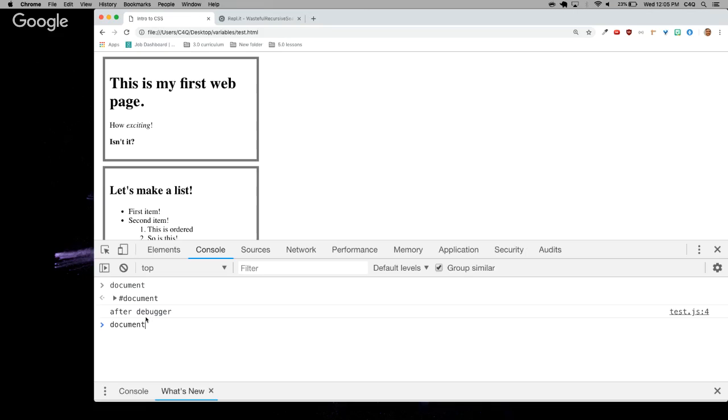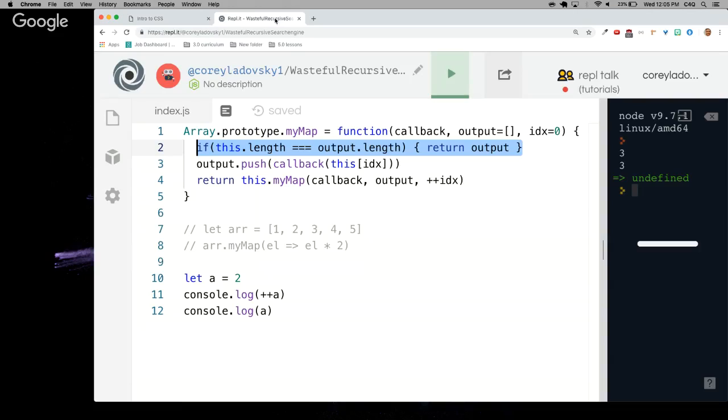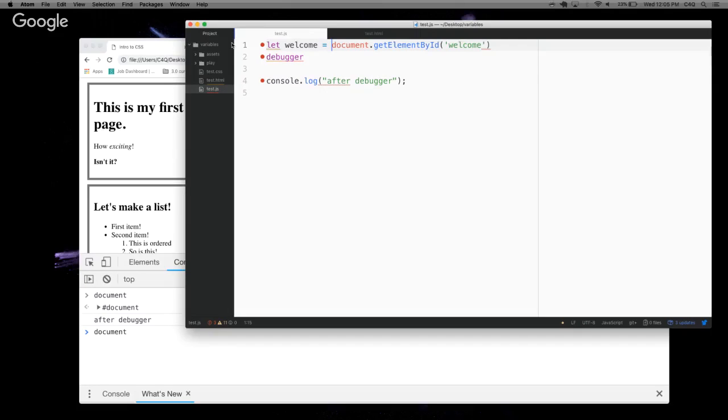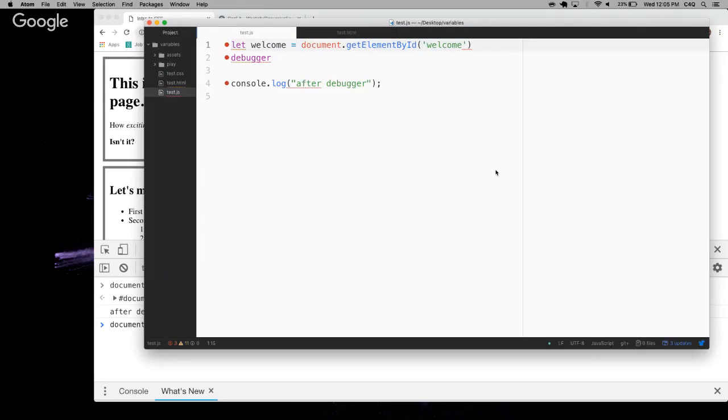So here's the issue, and I can better demonstrate it here. I'm going to give this a variable name: let welcome equal document.getElementById welcome. So it's going to grab that HTML element, and then it's going to hit the debugger, and then we're going to hit console log. So, how does it know? What if I have a